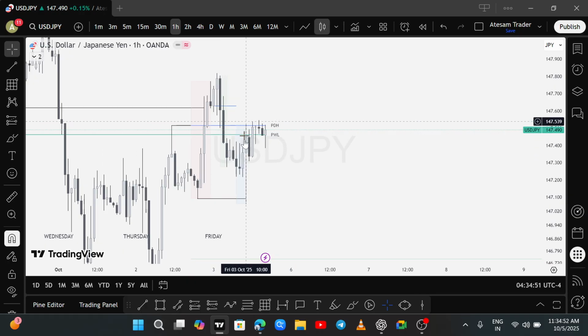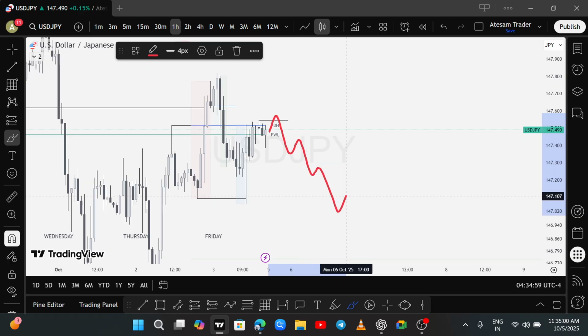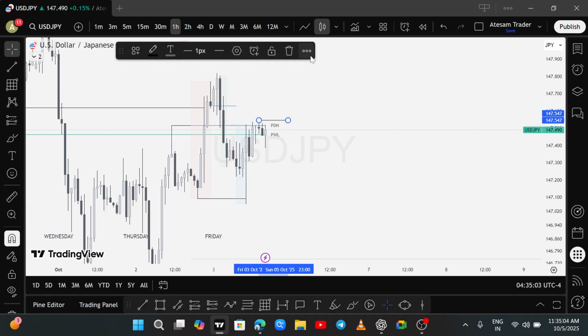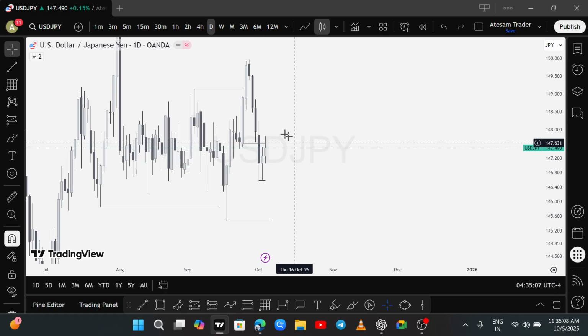We are inside this fair value gap. We are ranging. I am expecting price should sweep. Price will sweep this high, then we can look to target these lows. Okay, this can be the possibility. Yeah. Also,